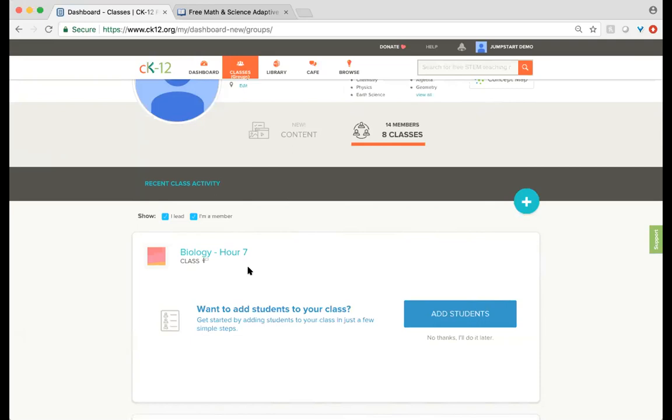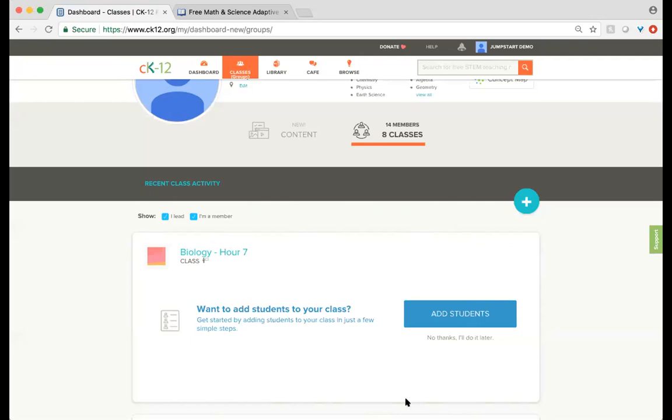Sometimes, like within my biology hour 7, if I had 2 different groups that I'd identified, maybe a more advanced group and a more average group, I wouldn't want to give them labels, but I could assign them colors or something. I could say that this is the green group and this is the red group. And I could have those set up as separate classes and make separate assignments that way. That's one way that you could differentiate.